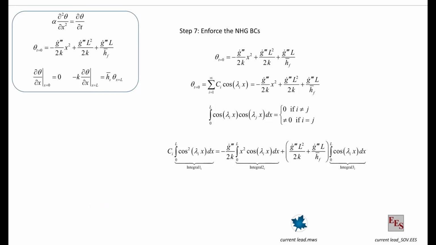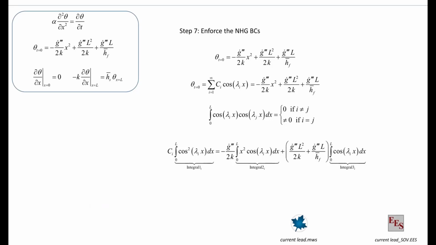What is our boundary condition, first of all, in the non-homogeneous direction? Right? It's our initial condition. The non-homogeneous direction is time. So we have an initial condition in that time direction. We need to enforce that. So our initial condition